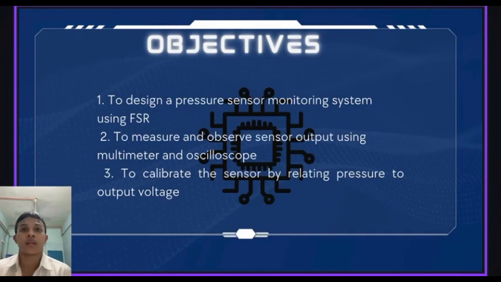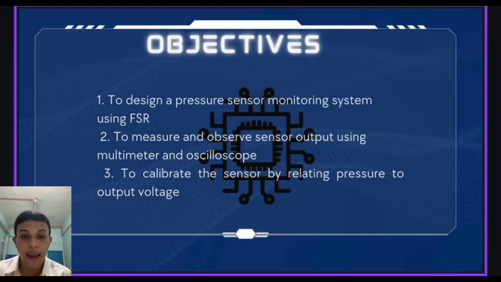Next, to calibrate the sensor by relating pressure to output voltage. The purpose of this objective is to establish the relationship between the applied pressure and the output voltage produced by the sensor. Calibration is performed by applying known force to the FSR and recording the corresponding voltage outputs. The collected data is then used to plot a calibration curve, which helps determine the sensitivity and accuracy of the sensor. So this project is important to ensure reliable measurement and to convert raw voltage reading into meaningful pressure values